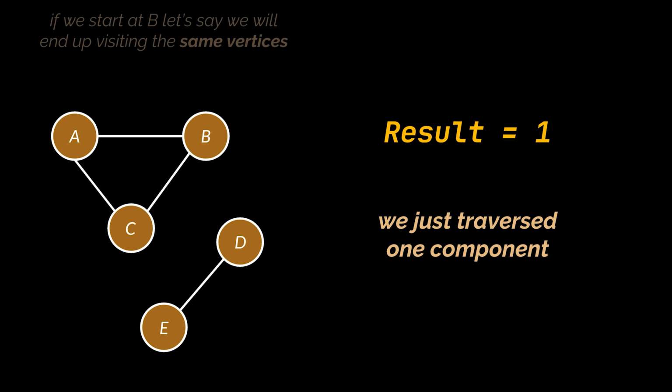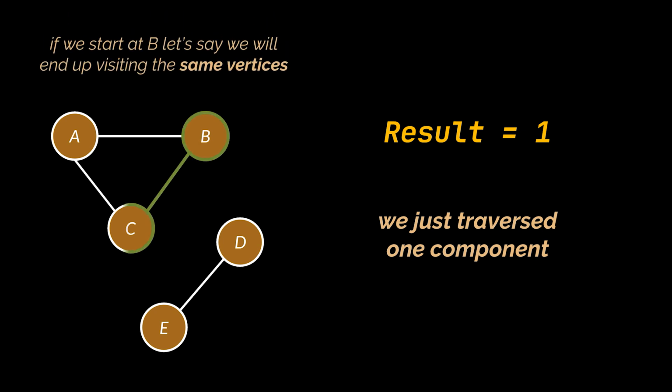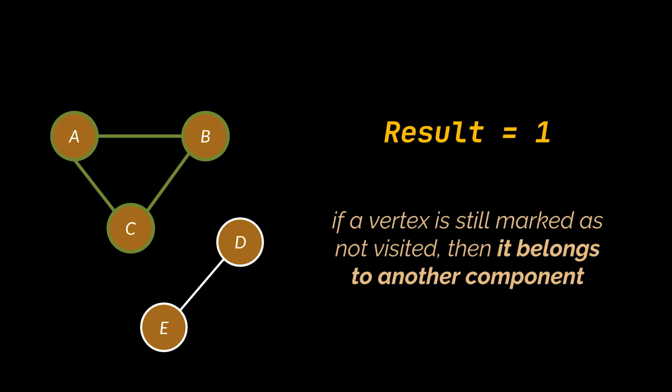If we pick any other vertex from that component and start our traversal from there, we will visit the same vertices, since that's what a connected component is by definition. Now, we know what are the vertices that make our initial graph, and if a vertex was not visited during that initial traversal, it means that it belongs to another component, right? So if we rerun the traversal logic starting from that unvisited vertex, then we will be traversing a new component. This logic is then repeated for all unvisited vertices of the given graph until we obtain the number of connected components of that graph.